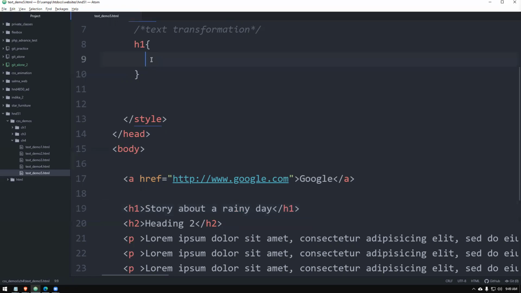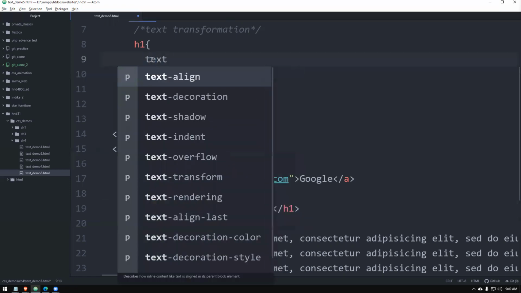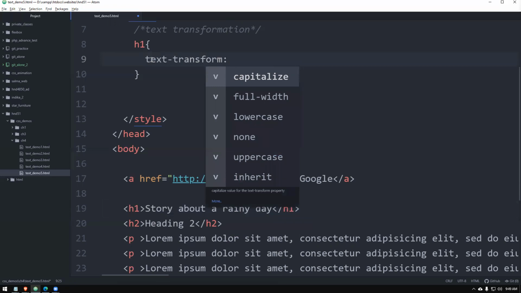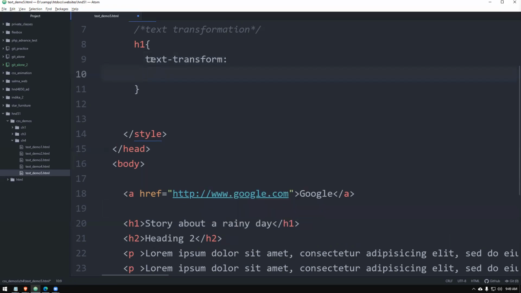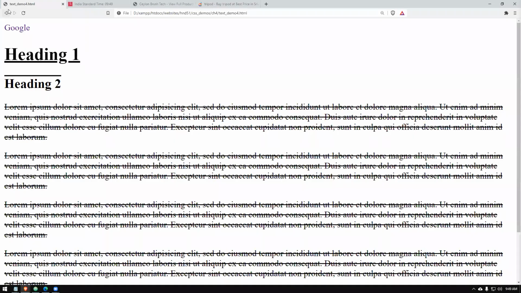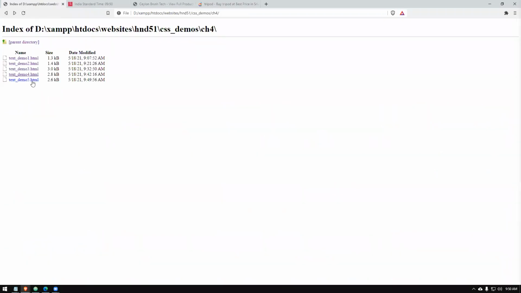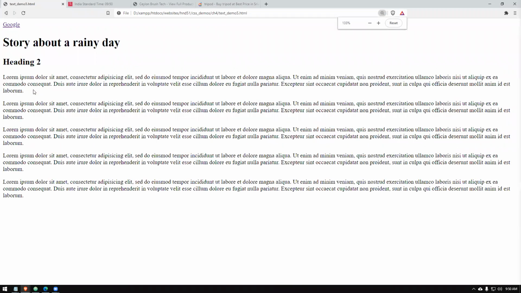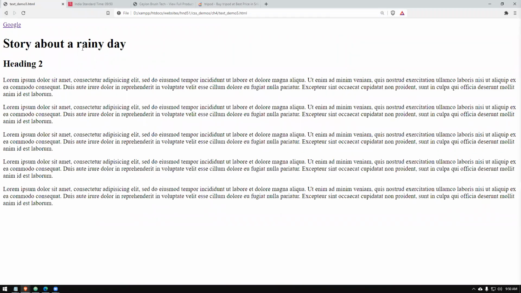And watch this. How we're going to do it is text transform. There you can see that the options are coming up. First, we will try text transform none. I think that is the default one. There you can see there's no underline, nothing.